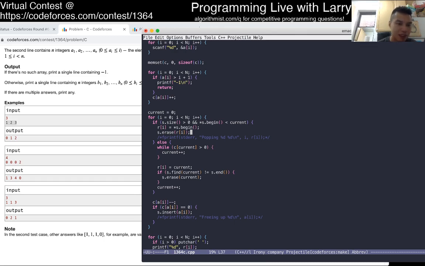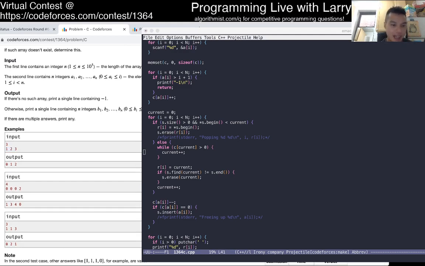And we do this by keeping a set, and otherwise we just use the biggest number that we can, and that's what current is for. And the observation is that it is just greedy. At every point, you want to use the smallest number possible, taking into account that in the future we cannot, like for example, if we try to use 2 here, that's bad because in the future we need a 2, so that's why.